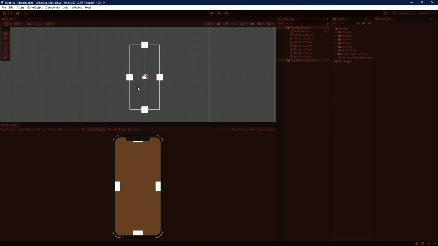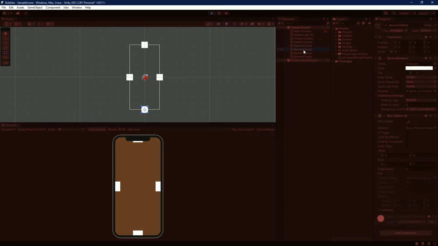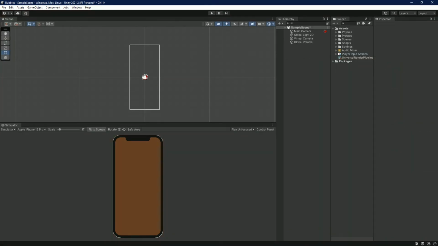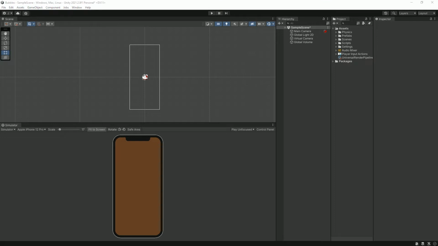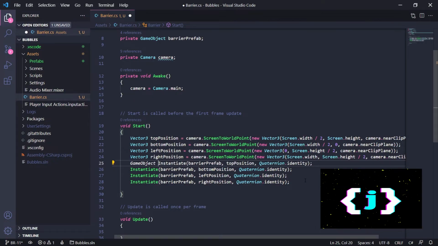bottom, left, and right. You also notice in the hierarchy view you just see barrier clone 4 times. So this may get a little confusing if you're trying to debug your code using prefabs, which code is running where, especially when you're moving positions around like how we are. And a quick way to remedy that, before we get any further, is to